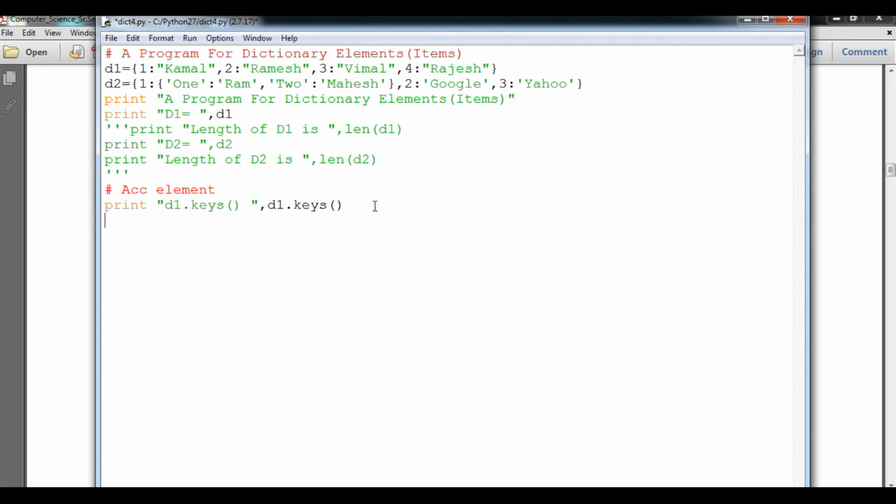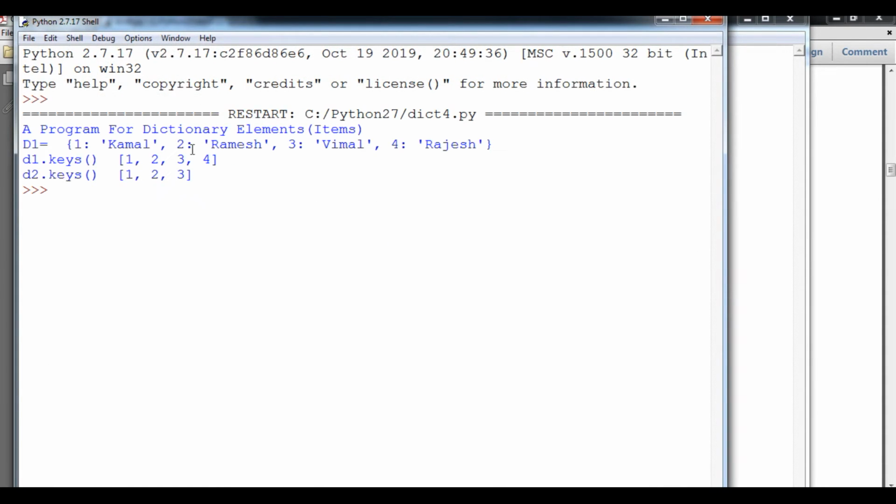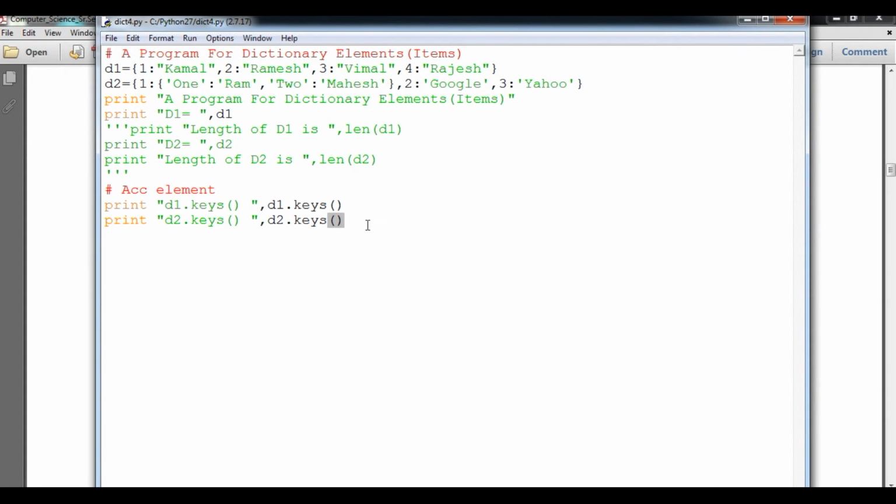If I check another one, I will say D2 dot keys, and this time also it will give me the keys. Now you can see 1 2 3, so there are different keys. A key may be an integer, number, or string also.